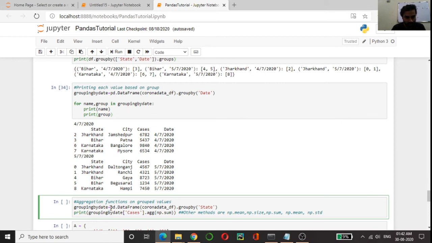So what I am trying to do here is, the name here is wrong, group by state.